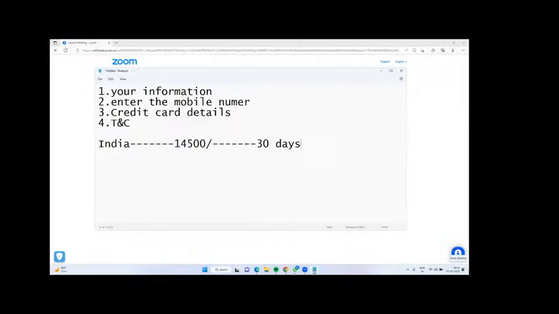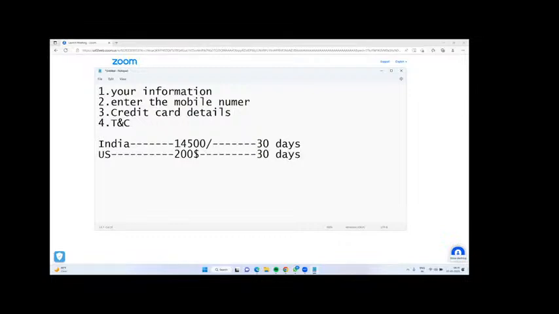If you want to cancel the subscription, we can do that. Even if you forget, the account will be deactivated automatically after 30 days. For US people, you will get $200, which also expires in 30 days.